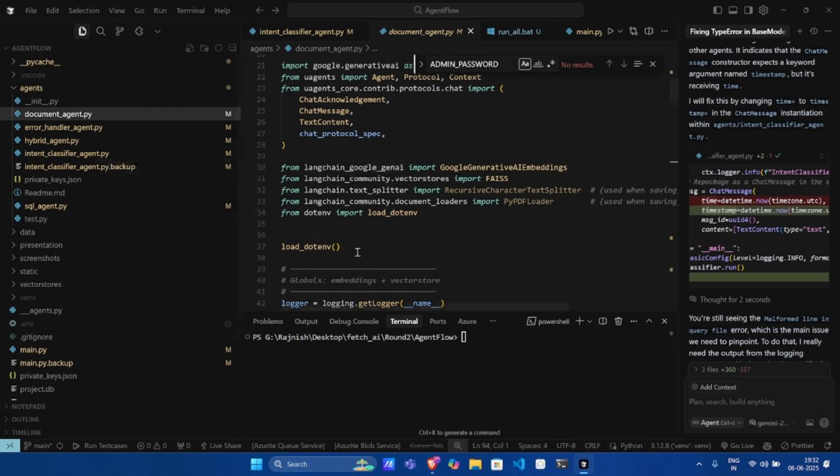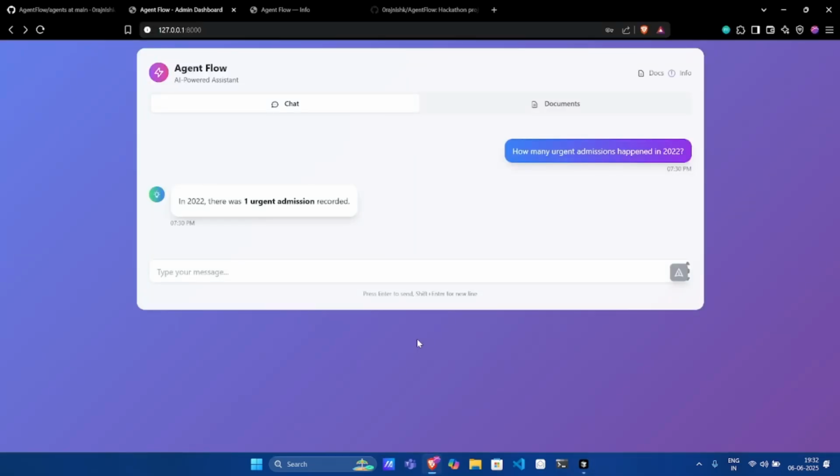So for documents, I'm creating embeddings and storing them in FastDB, and for structured data, for SQL data, I'm using NL2SQL, which goes from the user query to a SQL query, and then from the SQL query to querying the DB, and then based on the data received, it answers. And in hybrid, it coordinates with the other two agents, the document and database agents, to get the final answer.